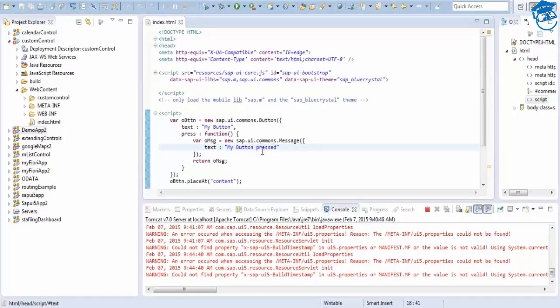So we have to use some other control now, because I just wanted to show you why this message is not working. Sometimes people will think that when we use sap.ui.commons.Message it should appear, but this message will be sent to the message bar. When you have a message bar, that time you can make use of this.